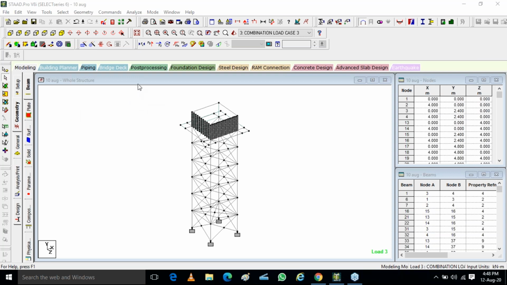Okay, if nobody has any doubt, we'll finish our session here. After the steel design, tomorrow we'll work with concrete design. Do this analysis on your own and check if it is working fine or not. Still, maybe we can have a doubt class tomorrow so that we can finish our steel design completely and work with concrete design the day after tomorrow. Okay, if you want, we can have a doubt class tomorrow. Okay, everyone? Any doubt? Any doubt, any one of you?